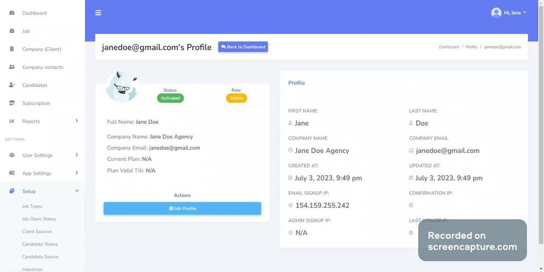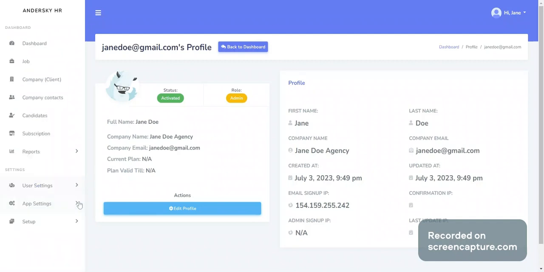Today we are going to show you how to set up your account. This is the very first step that you'll take after you sign up with us. So let's go to the setup here on this icon, setup. Let's go to the